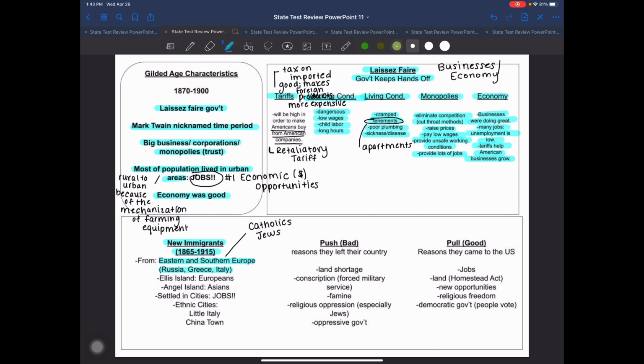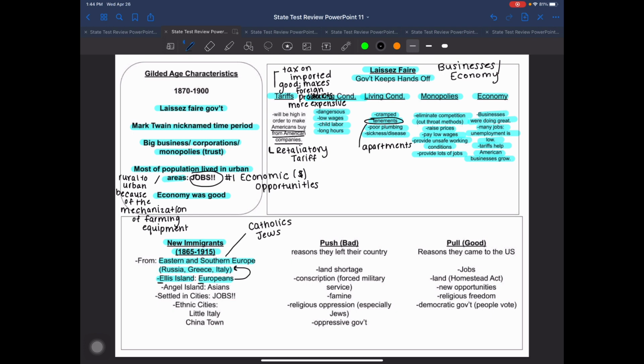The two major processing centers that we had for immigrants, the one on our east coast, was called Ellis Island, and this is where those Europeans came in. And I love it when history makes things easy for us to remember. Ellis starts with the E, and these Europeans, okay? And what we mean by Europeans, again, Europe is a continent. Countries like Russia, Greece, and Italy sit on the continent of Europe, all right? So that's what we're talking about there.